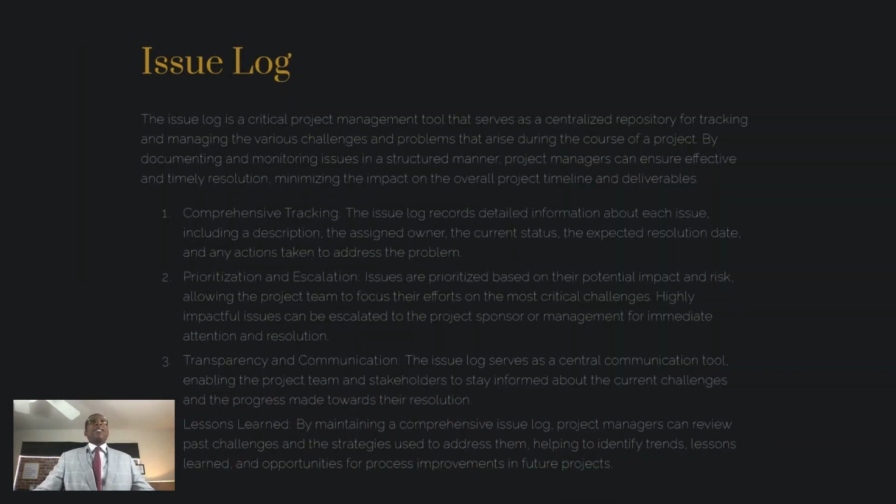All right, let's move on to the next item, issue log. I talked about the risk register. Issue log is more or less where you track all your issues. What's your response? How are you going to prioritize this? What's the transparency and communication? Also, you'll be able to take these two artifacts once everything is closed out and see if there are any similarities when you pick up the next project, because you'll be able to look back and see. That's why it's important to do that lessons learned register throughout the entire project. And again, an issue log is basically where an item goes after it has flipped from just being a risk to an actual issue.